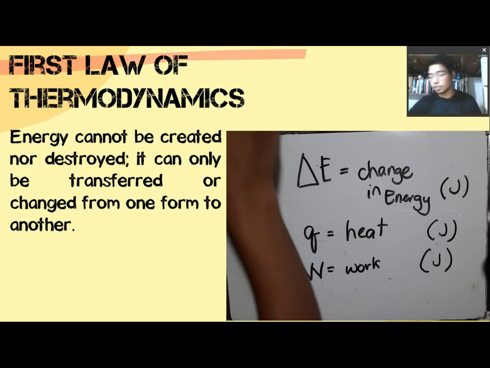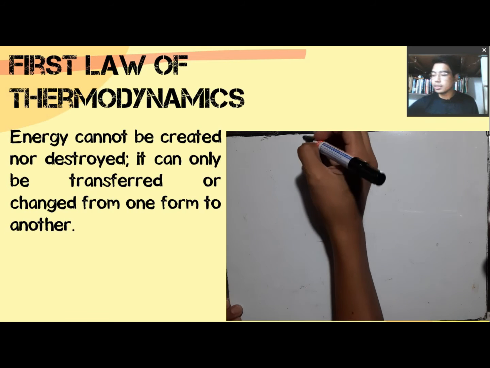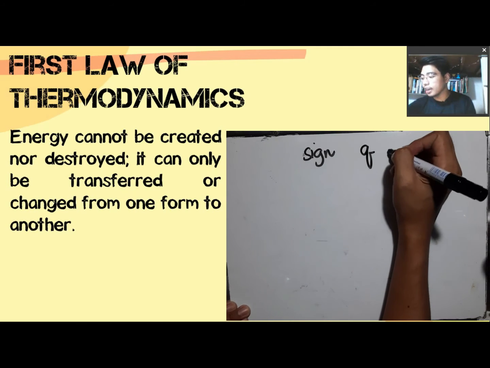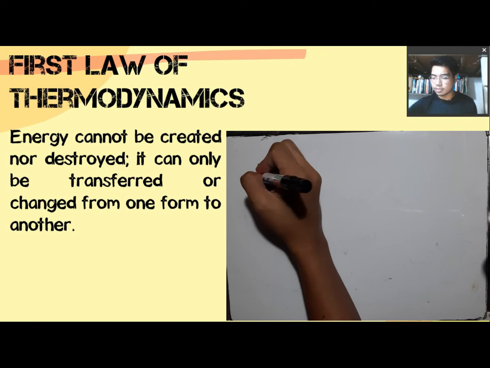Second consideration. In thermodynamics, we also use different keywords that determine the sign of the number or integer we are going to utilize for heat and at the same time work. Okay, so these signs give us clues whether to consider a positive or a negative value for heat, and a positive or a negative value for work. So what are those keywords? Let's simply start with the positive signs.